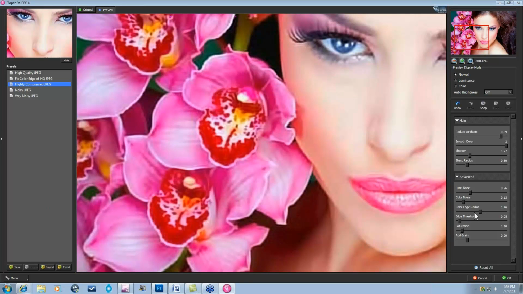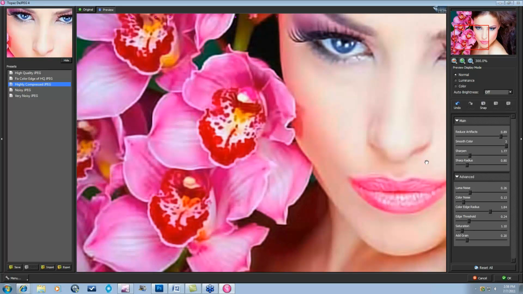Okay, this color edge radius is just going to help firm up those color edges as they transition from color to color. So I think this is a pretty good setting right here. The edge threshold is going to tell me where that color edge should start, whether I want to be focusing on all edges in the image like it is when it's at 0, or if I want to only focus on the larger edges, I would put it up to about 0.8, up on the top area of this slider. But I want to do all edges, so I'm going to, well, maybe not. Maybe right about here. Okay, so here's before, here's after,